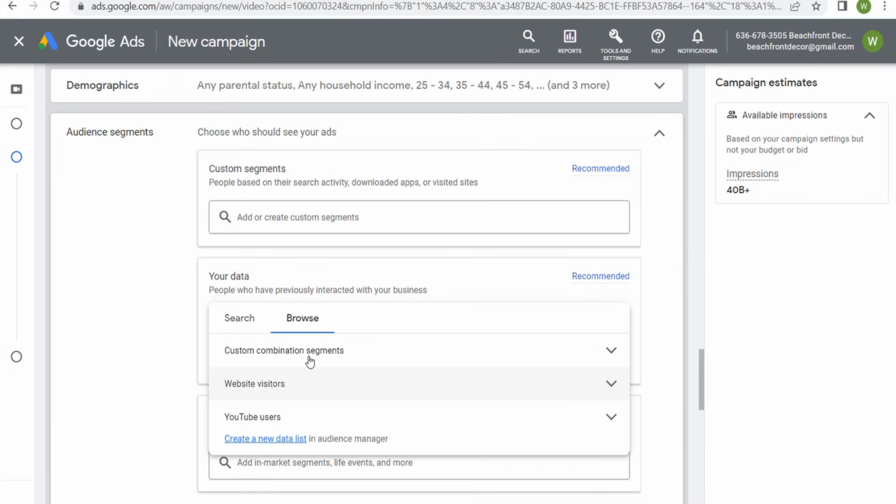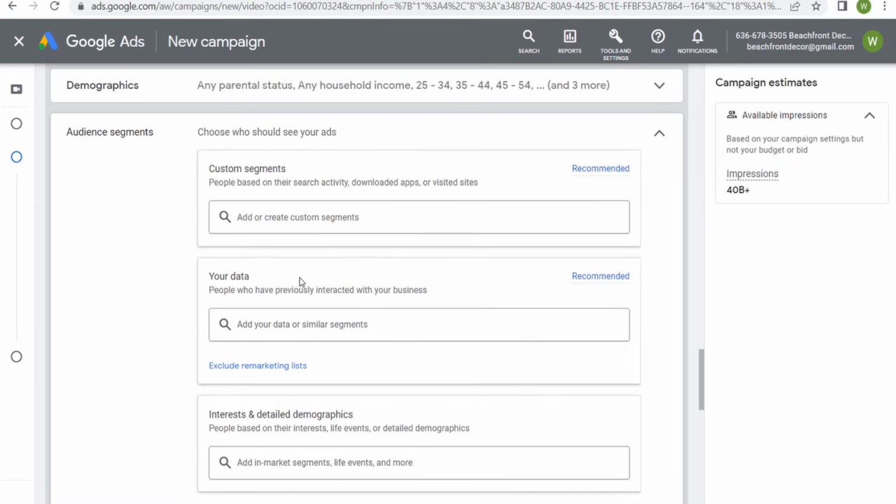days. If you're running YouTube advertising campaigns and you're really trying to drive conversions, your data is going to perform the best for your business, but these are also people that have already previously interacted with your business. So you need to decide whether you want to keep reaching the same people who have visited your website, watch your YouTube videos, and incorporate them in your campaign, or if what you want to do is target custom segments or in-market segments. You can also use a combination of your data, of custom segments, of in-market segments,